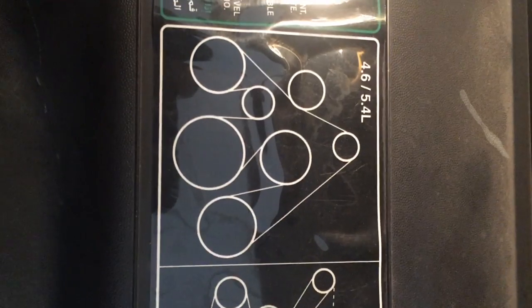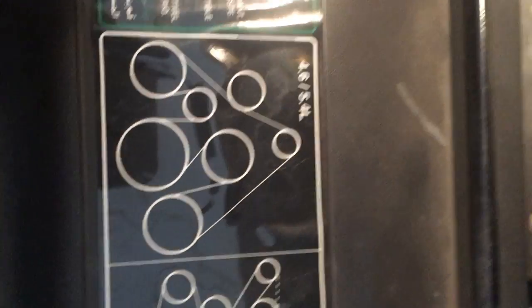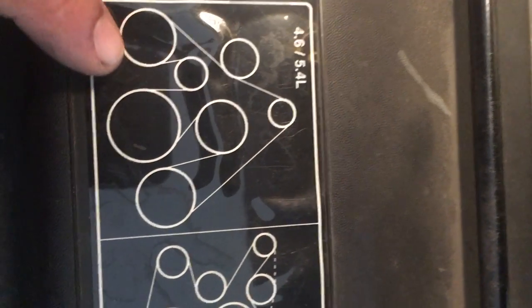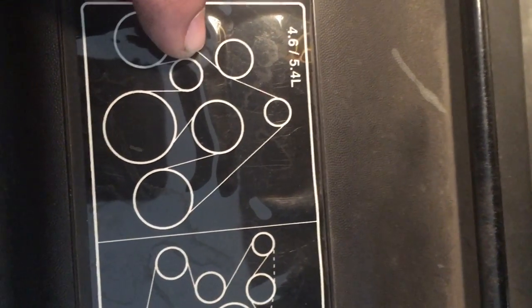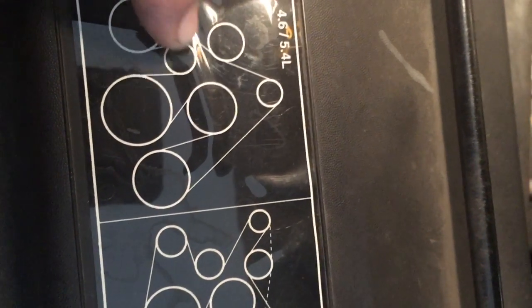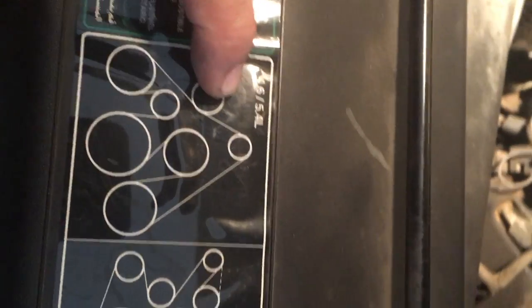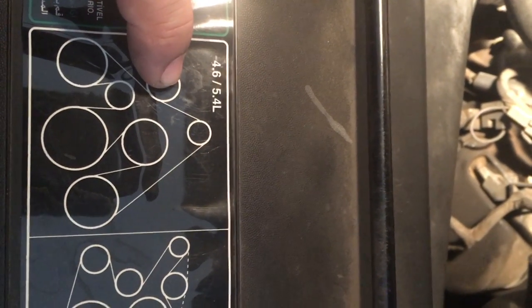So when looking at the schematic for the original setup for the serpentine belt, you see that the belt goes up under the AC clutch compressor there and around this way on the idler pulley that we just replaced. This is the idler pulley we just replaced. We will no longer route the belt that way, but for every other,